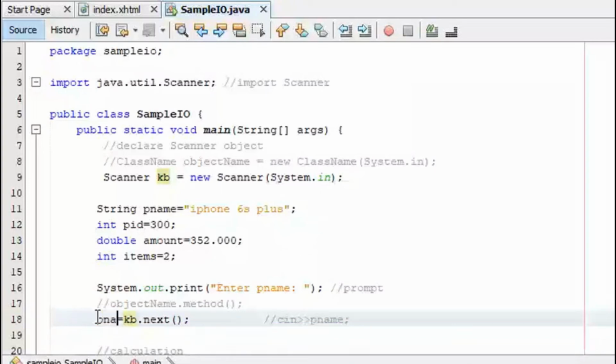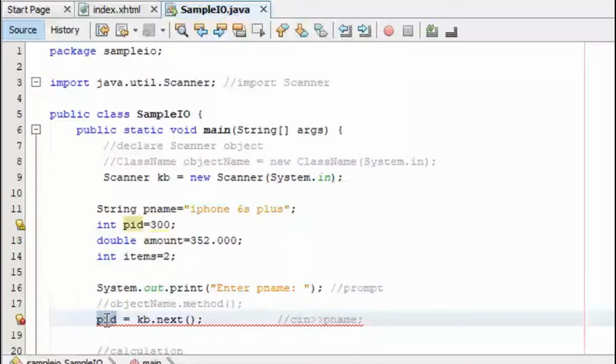So again, whatever input I type here will be assigned or saved in the variable I have kept here. Will I need PID here? It says here I will input PName, no? Is this appropriate?